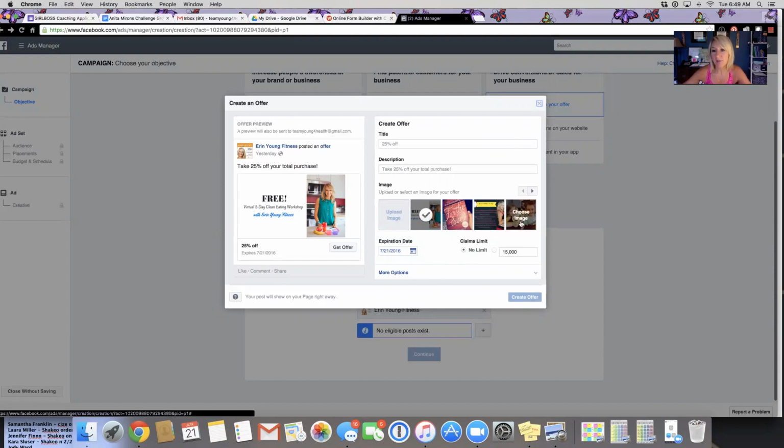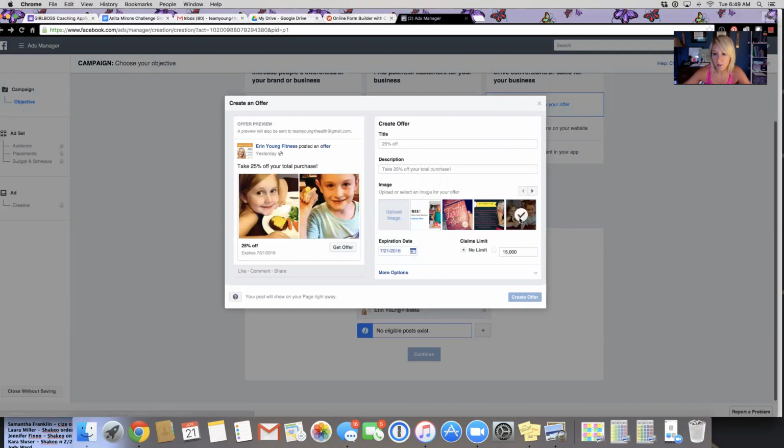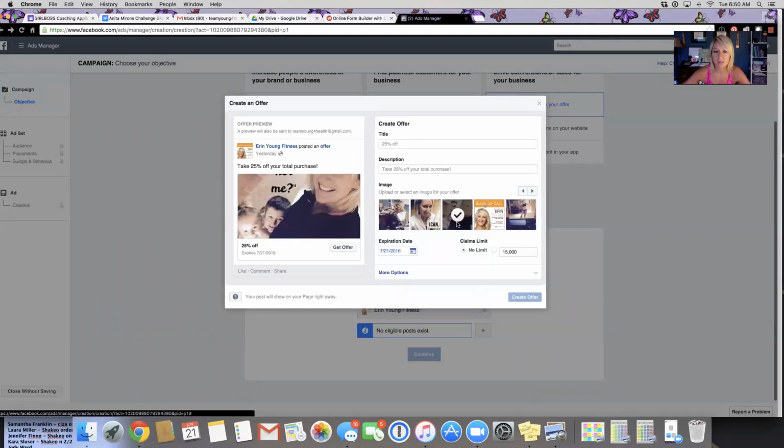Because if I just upload a picture from my Facebook page posts, these are all the images that I have on my Facebook page, which is pretty cool, it's not going to be the right size. It gets cut off. If I wanted to use this one, it just gets cut off. It's not the right size. So pay attention to that, because you may be going back and doing some work in Canva and making a graphic. That first image that you saw on here was a Facebook app and it did have too much text.